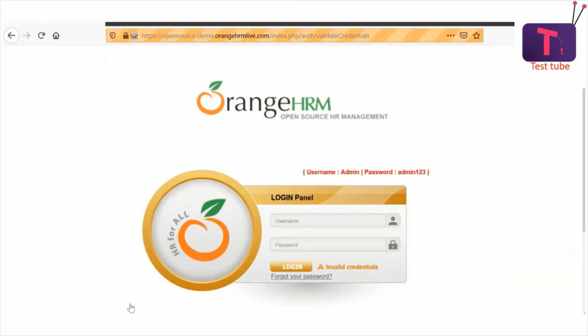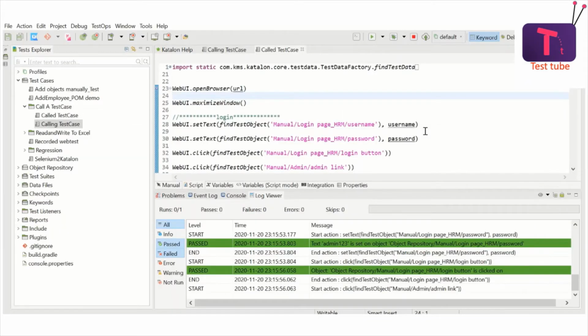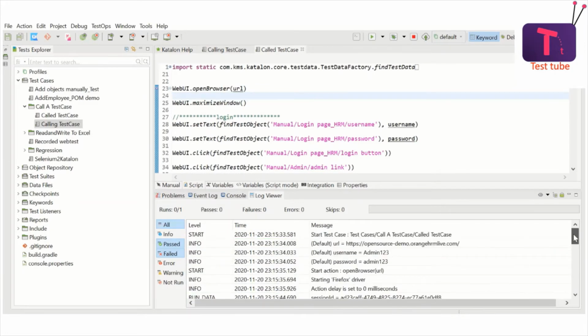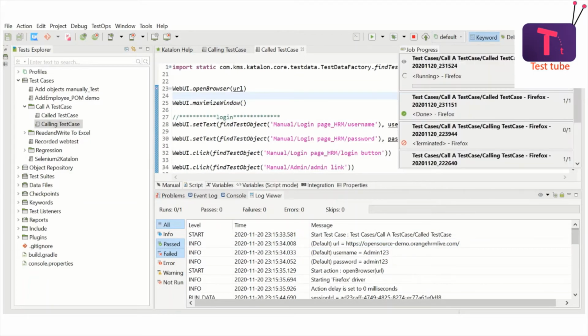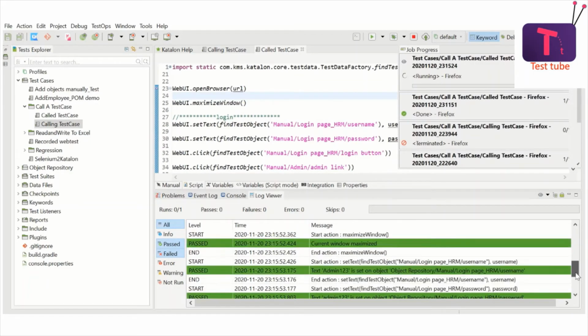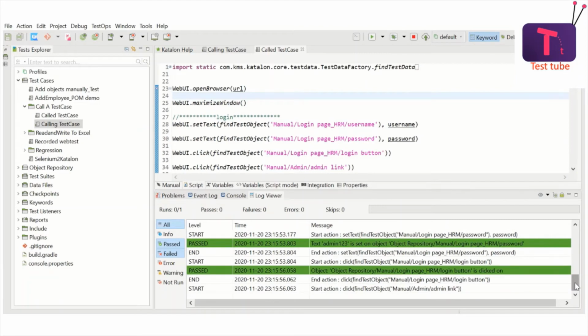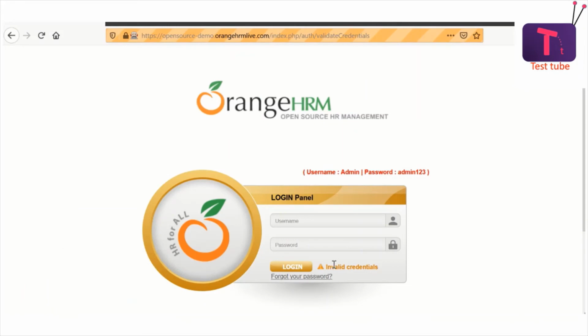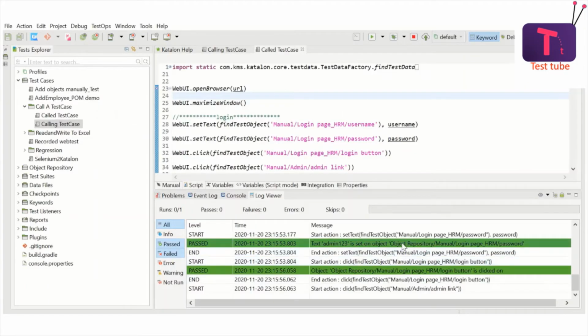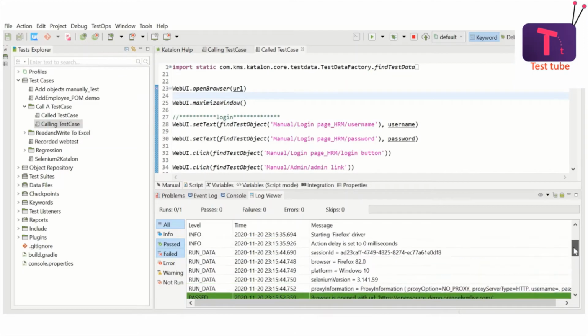Okay, you can see. Okay, it has entered the credentials and clicked the login button.